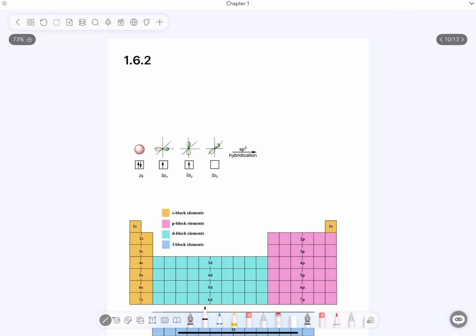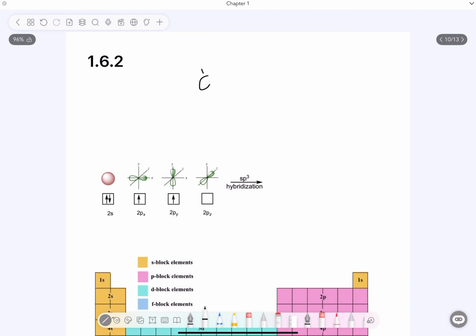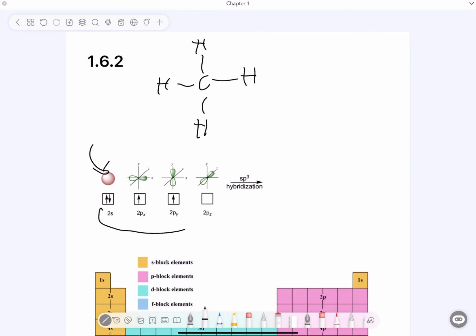Now, this begs the question, what about CH4, right? Because wouldn't this be the orbital diagram? Well, the funny thing about orbital diagrams is that they want all these boxes full. So this arrow is actually going to come over here and put itself over there. So when we draw it out,